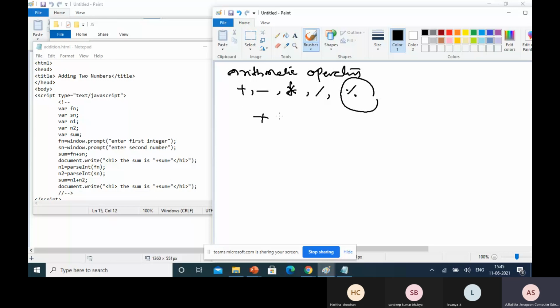That means multiplication, division, and modulo have the same precedence. Then next, plus or minus.